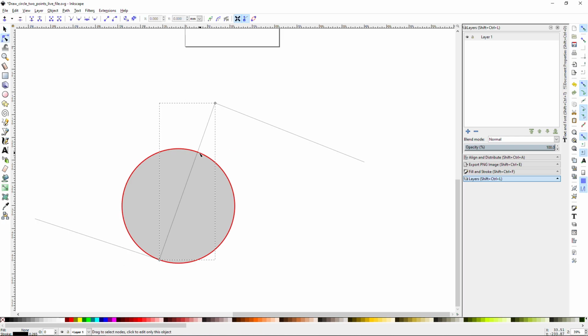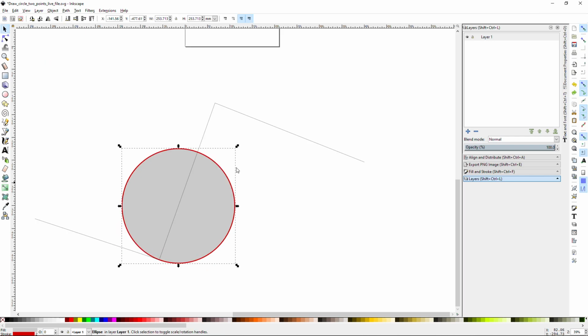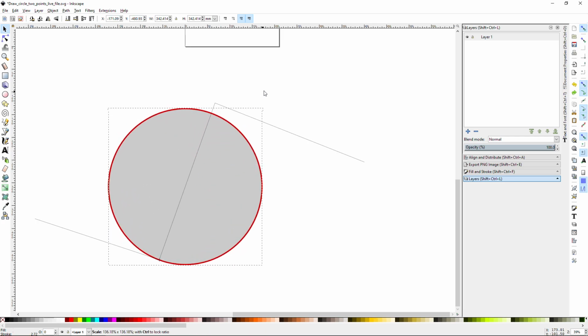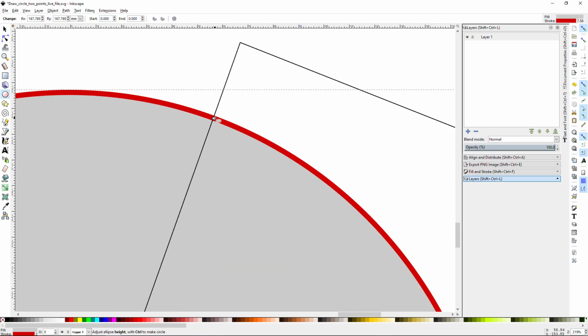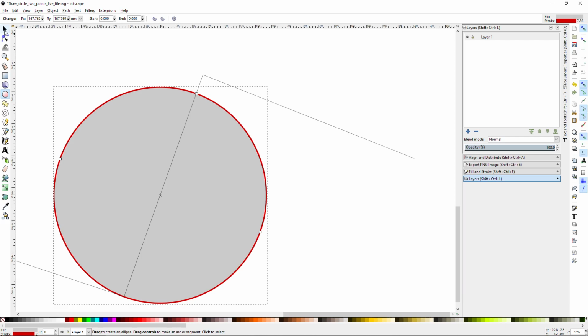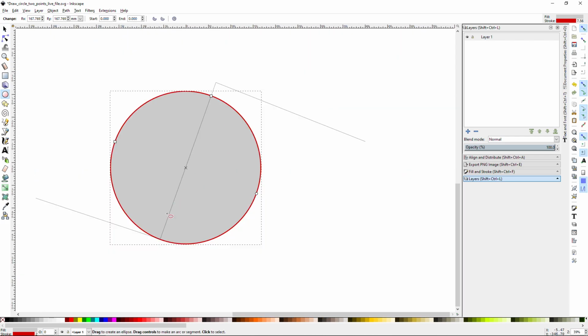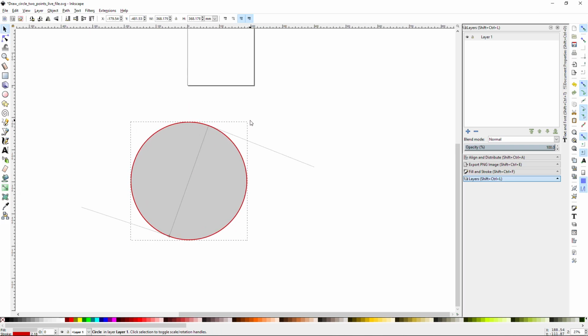scale, we cannot scale from, sorry about that. We cannot scale from here because it's gonna go beyond this point that we established before. So we'll have to scale it with the arrows, right? But you have to hold Shift Control to scale it. And now wherever you scale it, that control point, it's gonna stay on the line, right? That ensures that also the center stays on that line. So now we hold Shift Control and we